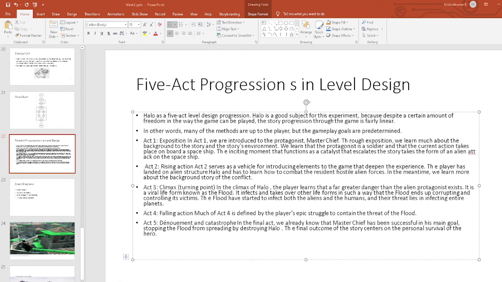Mass Effect is a good example in storytelling. So it will be Mass Effect 3. It starts when a particular planet is attacked by a zombie-like alien. Then you come to know that the invasion is going to happen. It is going to destroy the whole universe, the whole galaxy. So all these things will have an effect.